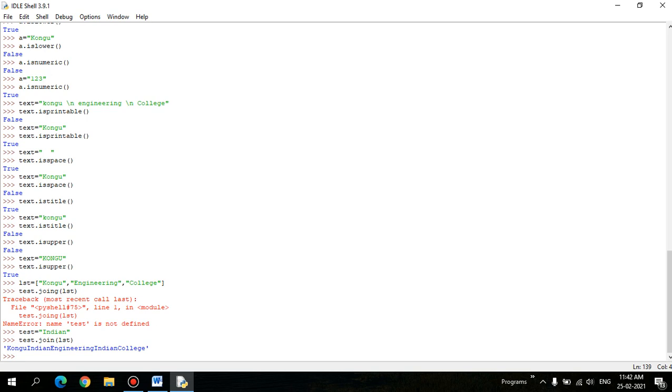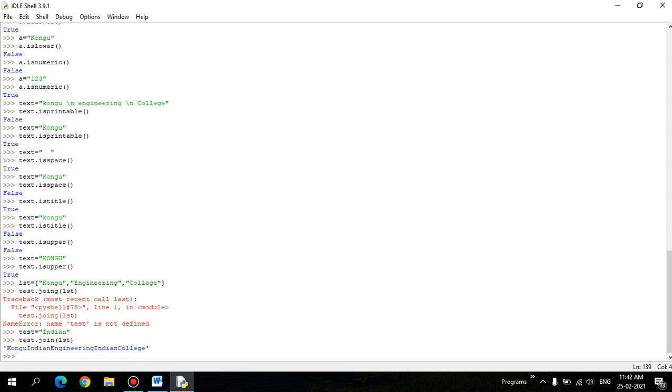So, Kongu Indian Engineering College. It will join with the string you want, because it works like a separator. Each value in the list gets joined with the string. Look, test has the value Indian, and that is going to be attached to each element in the list.